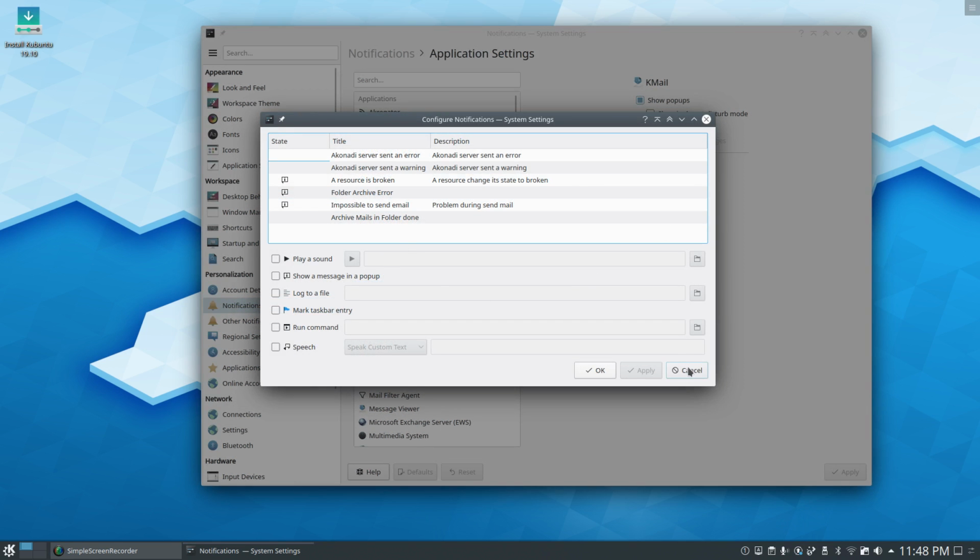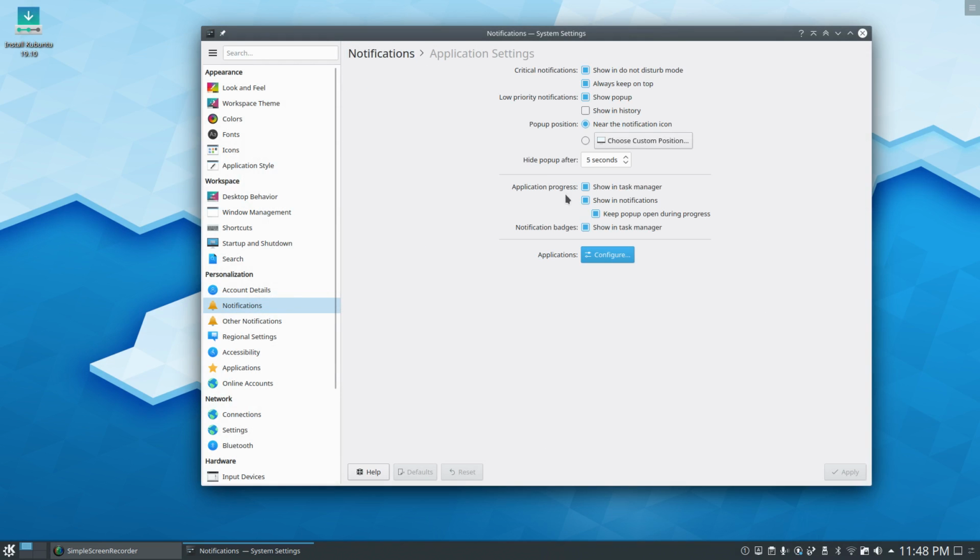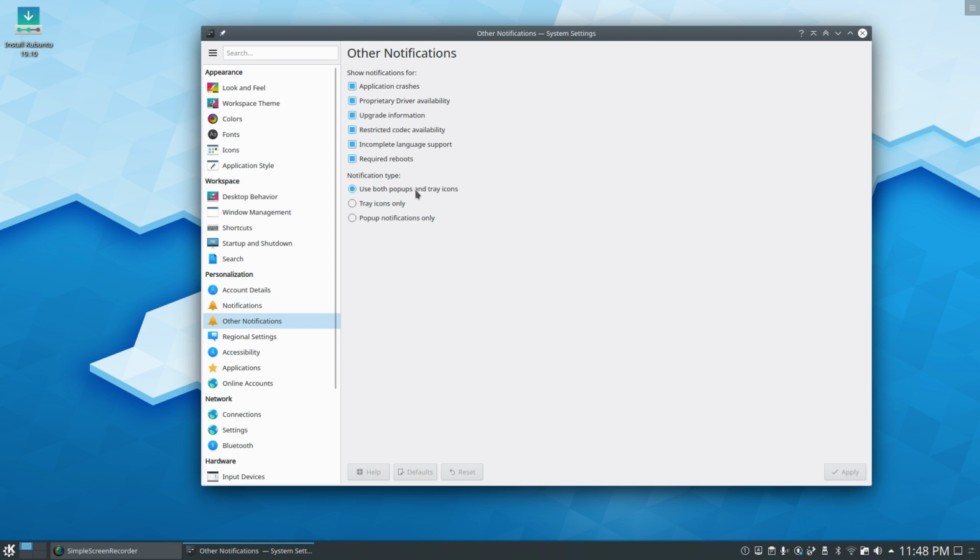Configure, you can even configure the events. Wow. You can hide it, you can change the notification setting, anything that pops up, so you can set everything here. Show history, I prefer to have history. Okay, all the notifications, system tray, and so on,